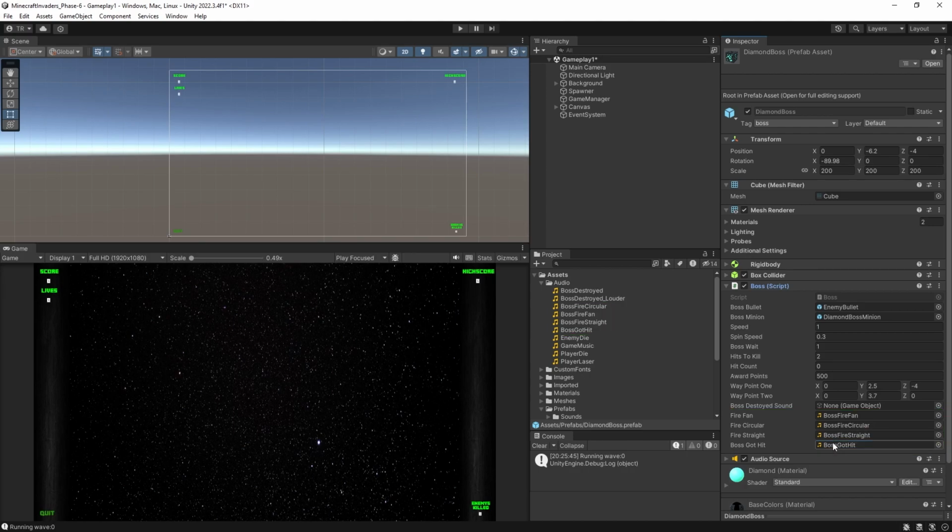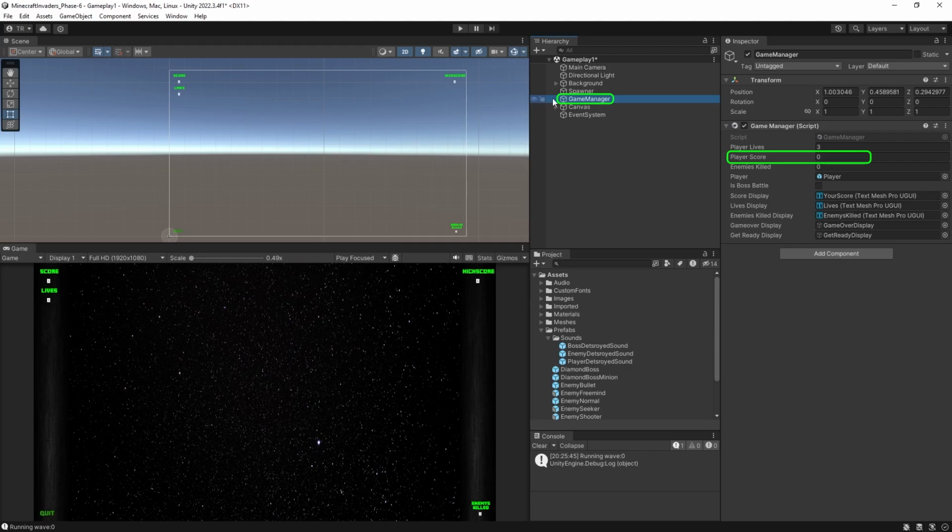And finally, drag the Boss Destroyed Sound prefab into the object slot we created for it. Okay, now click on the Game Manager in the hierarchy and set the starting score to something higher than the last wave requirement so that the boss will just spawn straight in, so that we can test it without having to go through the waves. I'm going to change mine to 100